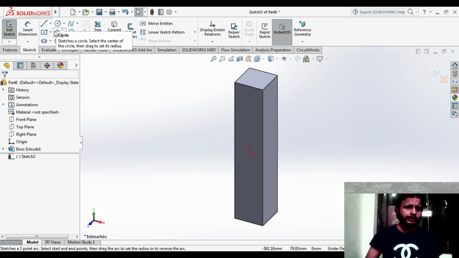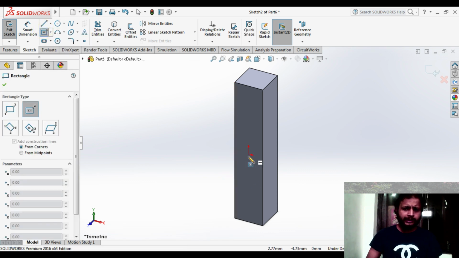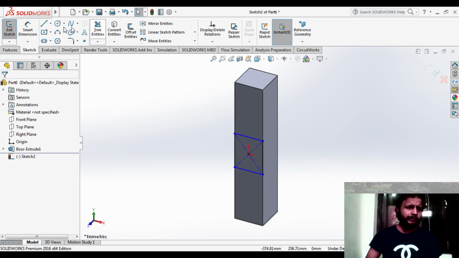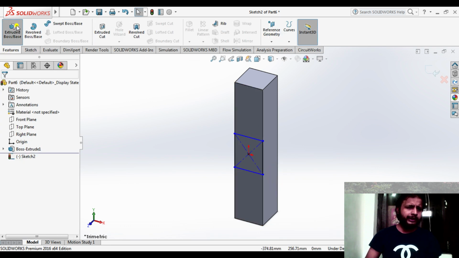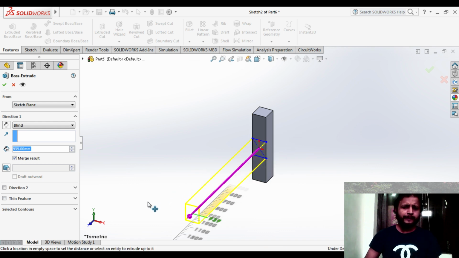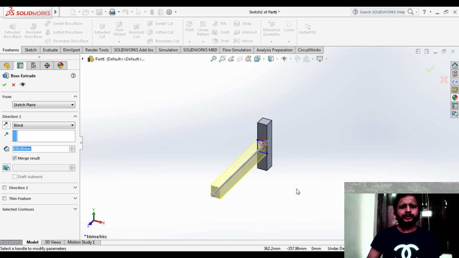Now just take another rectangle at this center point, from this point to this point, and select okay. Now go into the feature again, extrude this one. Suppose we have extruded it up to here. Okay, fine, we have extruded. Now we'll say okay.